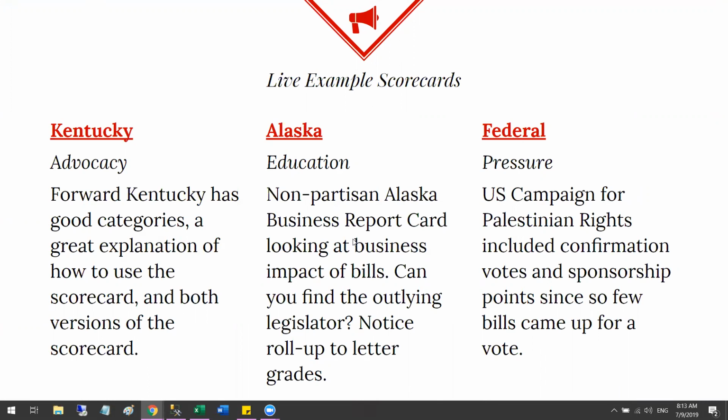Michael, anything you want to add before we move on to the next section? I just want to point out we started with a PDF version, which was great for the time, but the interactive piece of it is really great to engage your stakeholders. It allows them to learn more about key issues that they care about, and you could even take action, a kind of thank and spank, right from your scorecard.